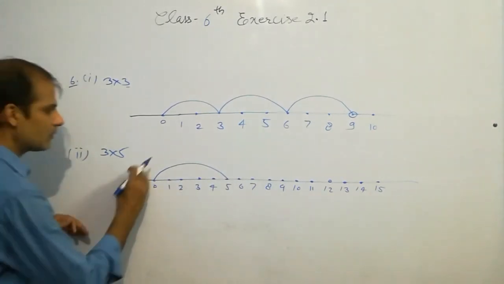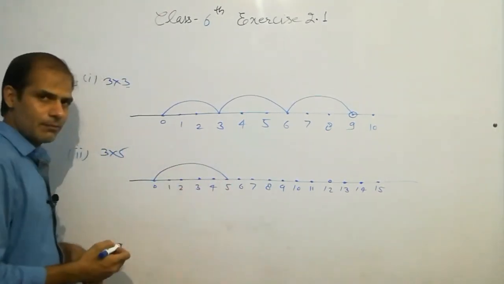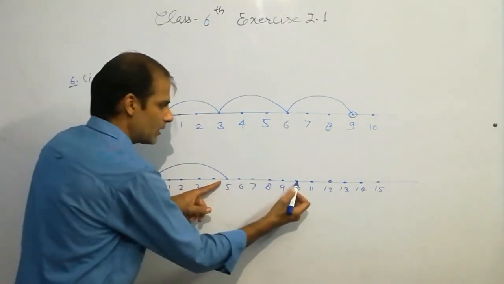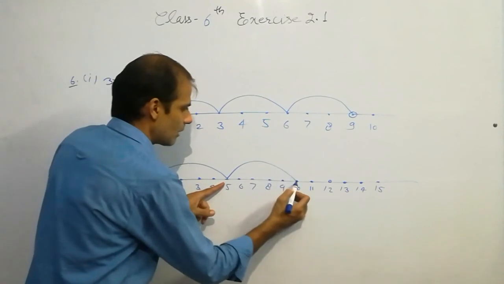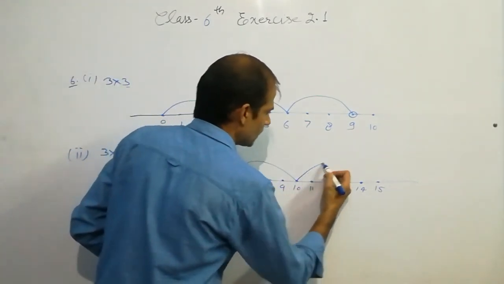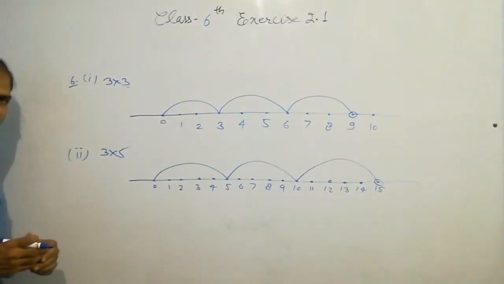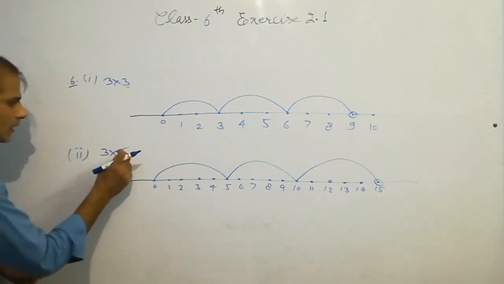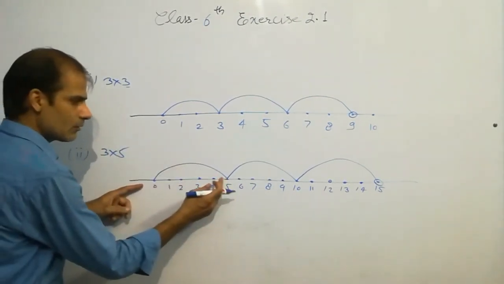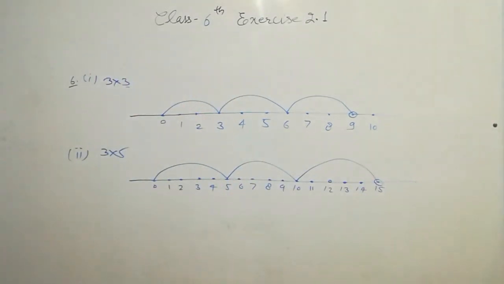Now we have to repeat this same operation 3 times. देखिए 0 से 5 units. After 5, if we add 5 we will obtain 10. So it is 2 times and again 5 plus 5 is 10, plus 5 is 15, 3 times. This is the answer. Okay, so here what we are doing, हम इस 5 यूनिट को 3 टाइम्स रिपीट कर रहे हैं. ये 5 यूनिट्स होंगी 1 टाइम 2 टाइम्स 3 टाइम्स and the answer is 15.